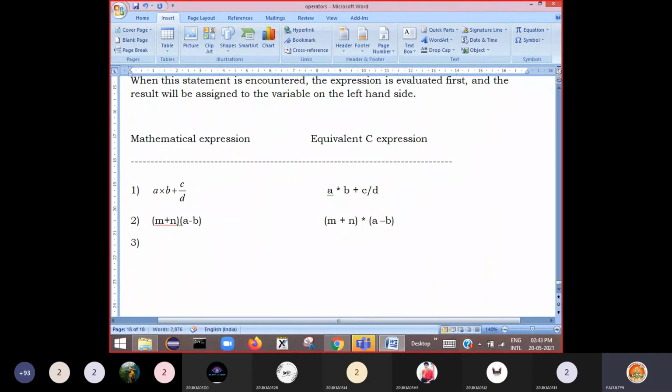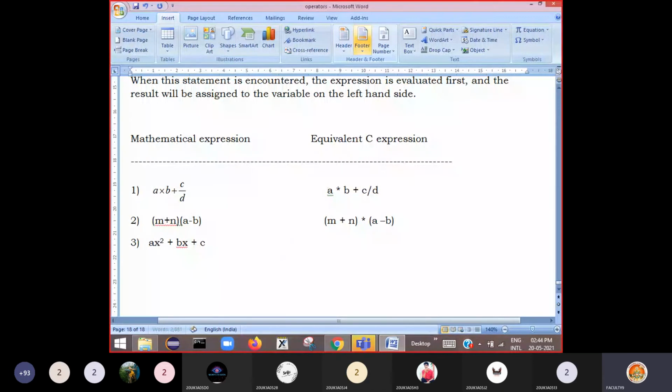Then if we have an expression like this, a x square plus bx plus c. Say for example ax square, like this. Now how can it be written in C? Because you cannot write an exponent directly in C programming.